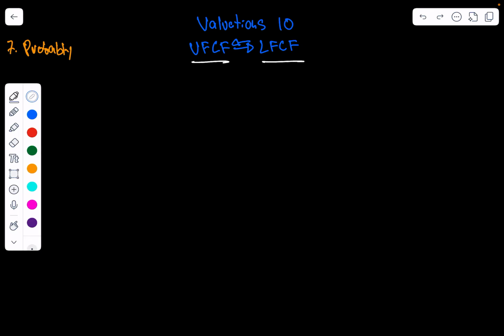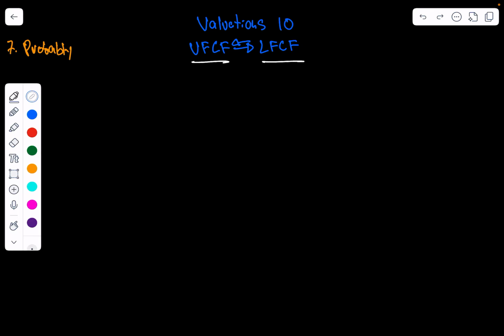So if you guys remember from the unlevered free cash flow video, what is unlevered free cash flow, right? It's cash flow that's available to all of our investors. So because of that, we don't subtract our interest expense, right? So how do we calculate that out? Well, it's EBIT times 1 minus the tax rate,